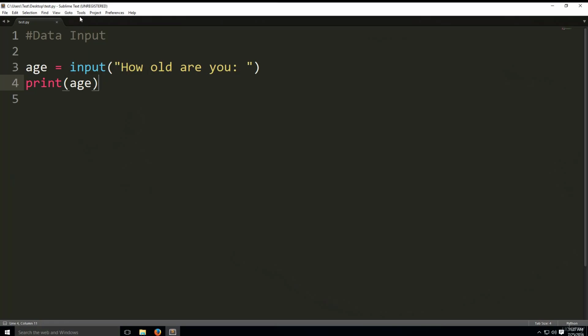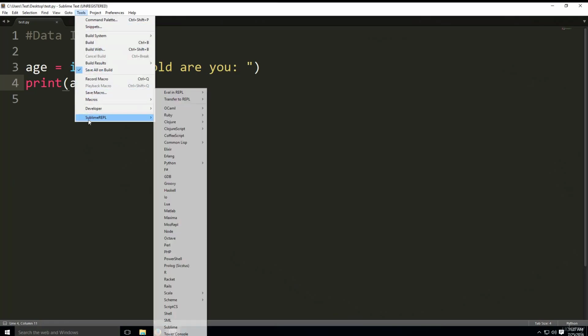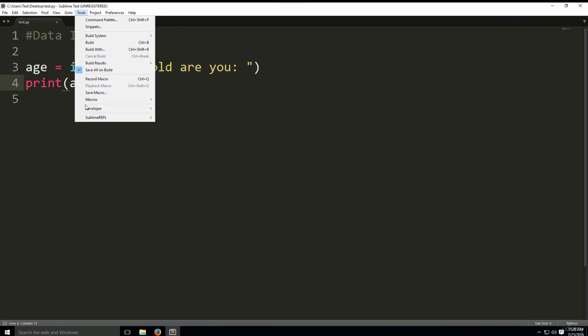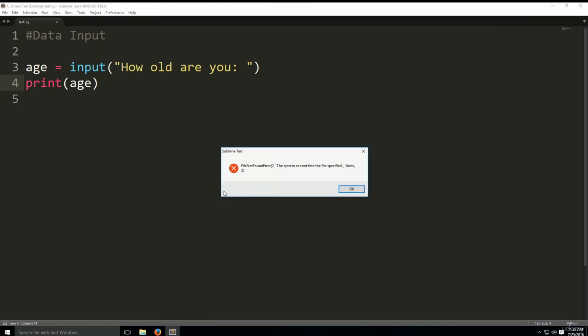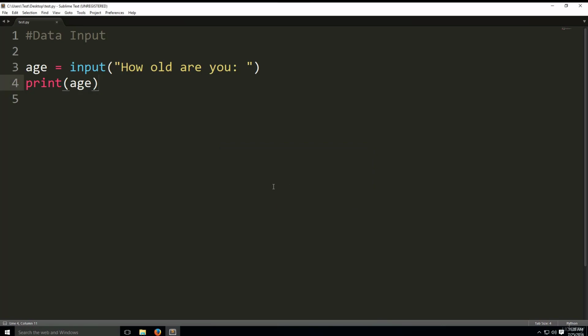Okay, so now we're going to have this thing called Sublime REPL under the Tools tab. What this is, it's going to allow us to set up console input for Python. So you go under Sublime REPL, and then we have the Python subtab, and then we choose Python run current file. But when we click it, it says file not found error. So in order to fix this, we're going to do the following. We have to basically add